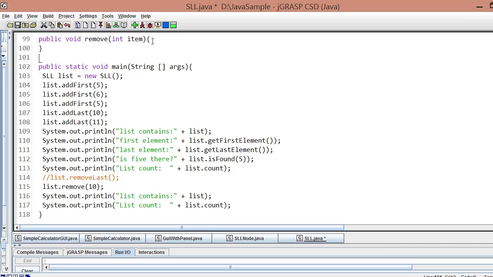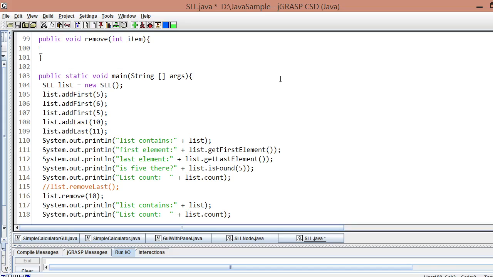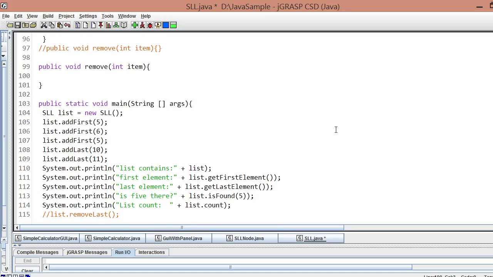So let's have now the implementation of the remove item. To remove any item, because this type of list will accept duplicate values, or multiple values, such as when you have already added 5, it will still accept 5.